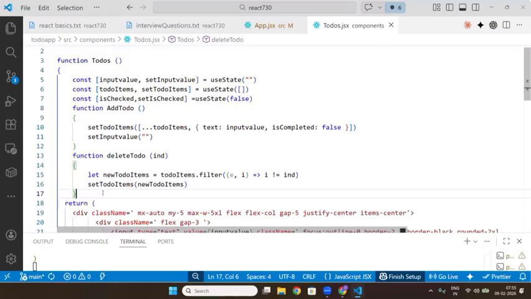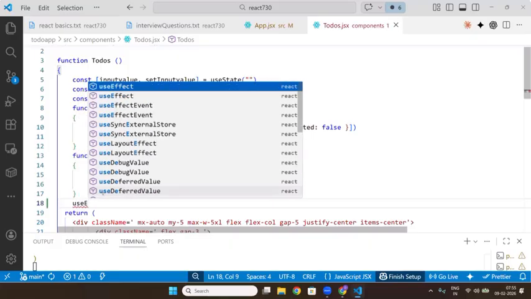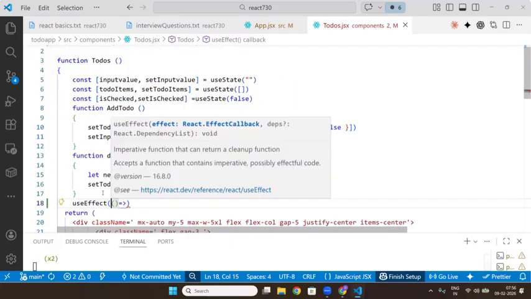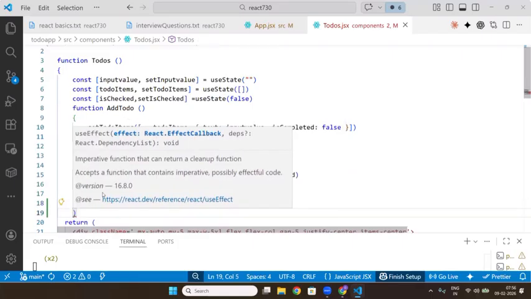useEffect. Why? Because automatically whenever your program starts, useEffect will run. So that's why you will prefer something called useEffect, and inside this useEffect you will call one function, and inside this function